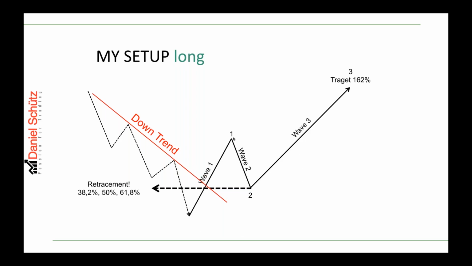Or entry 3 would be after exceeding the high of wave 1. At that point, I will get into the market. And then we have wave 3, and I can write the wave 3, and I can measure my target. My target would be